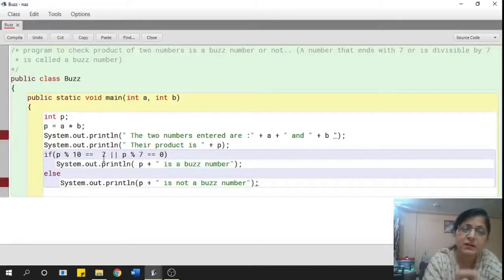Modulus returns the remainder. So P modulus 10, if the remainder is a 7, or when I divide it by 7 and the answer is 0, that means it's divisible by 7. So any one of these conditions, if it is true, then display the product, whatever is the product, that it is a buzz number. Otherwise, it is not a buzz number. Okay. So let us just